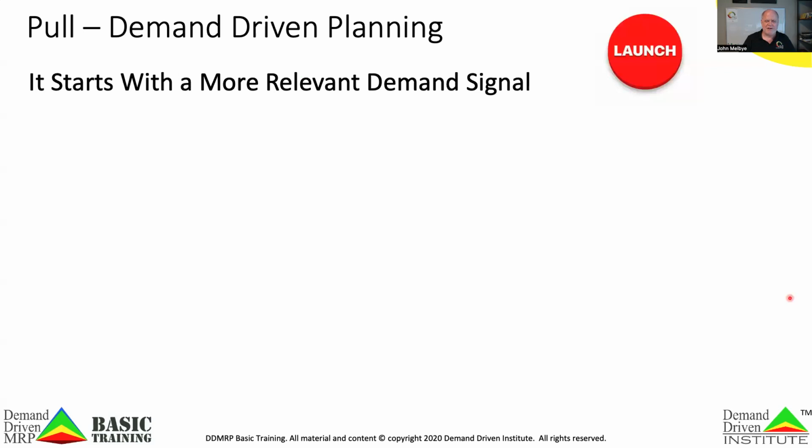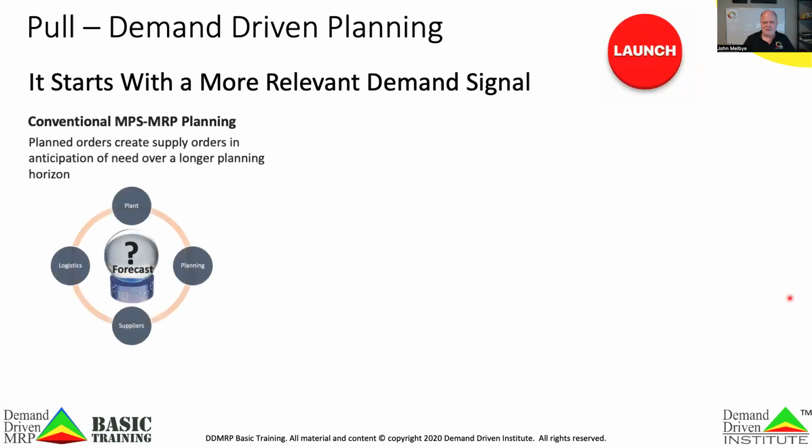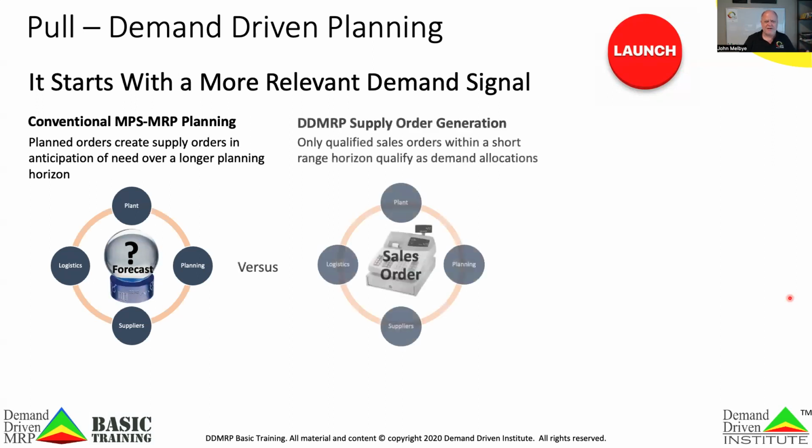The demand-driven planning piece starts with getting a more relevant demand signal, instead of the conventional master production schedule, material requirements planning connection, where we create planned orders based on a forecast that we know is wrong to drive our activity today, versus DDMRP, where we want to use only qualified sales orders within a short range horizon as demand allocations. And having said that, there's a difference in the way we use forecasts in DDMRP because we put it into the calculation of the buffer